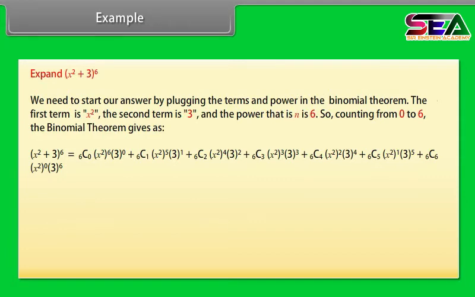3^1 + 6C2 (x²)^4 3^2 + 6C3 (x²)^3 3^3 + 6C4 (x²)^2 3^4 + 6C5 (x²)^1 3^5 + 6C6 (x²)^0 3^6. After simplification, we get